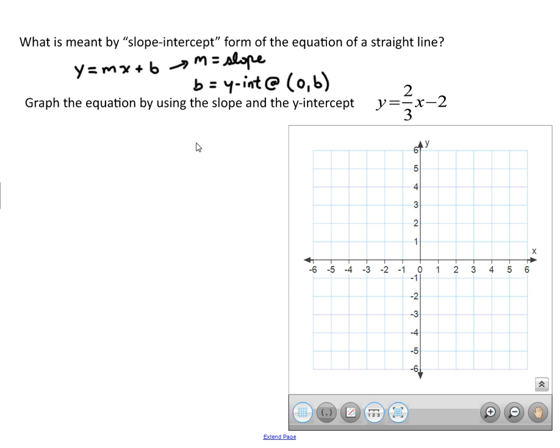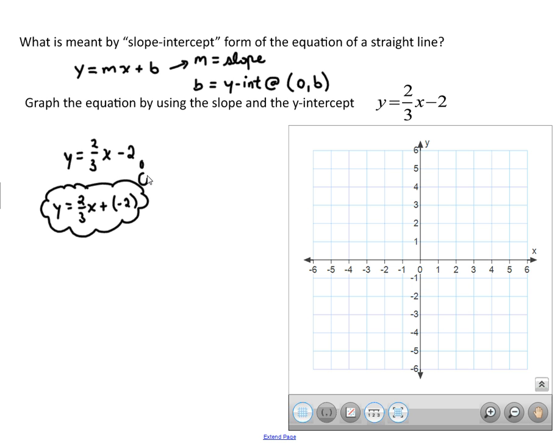So let's take on this equation right here, for example. y is equal to 2/3 times x minus 2. Now the negative is actually considered part of the 2, so if it helps you to think about this, you could rewrite this equation as y equals 2/3 x plus the number -2. This is a useful way of thinking about it because whenever we look at this line, we can now interpret it in the form of our equation y equals mx plus b